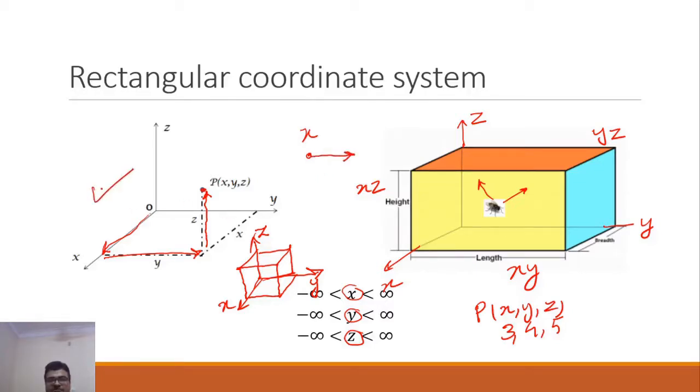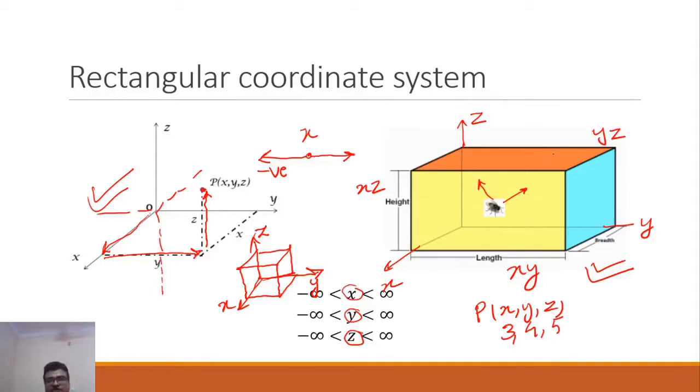In this diagram also we are saying that it is moving in positive direction. Here also we are saying that it is in positive direction, but we are doing this only to simplify things. But this x-axis can also move towards negative direction as well. So this x-axis can go backwards, this y-axis can also go backwards, and this z-axis can also go downwards towards